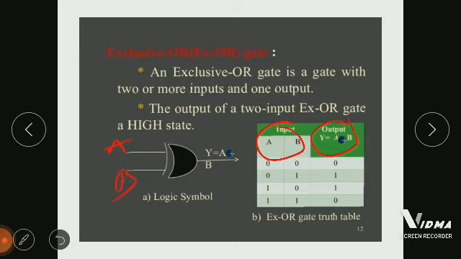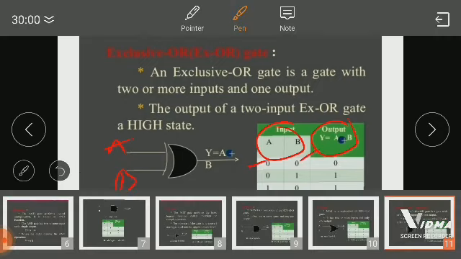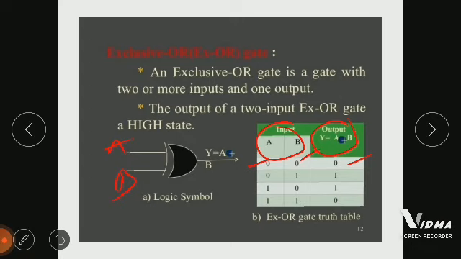If both inputs are high, 1 and 1, then the output will be 0. Otherwise, we apply the same OR function in all these other three cases. Say A is 0, B is 0, 0 plus 0 is 0. This is similar to the output we get from the OR function. A is 0, B is 1, 0 plus 1 is 1. Similar output to the OR gate. For 1 and 0, 1 plus 0 is 1, the similar output we get from the OR function. Only the difference is in the last one: when both inputs are high, the output will be low. So this is all about the XOR gate.